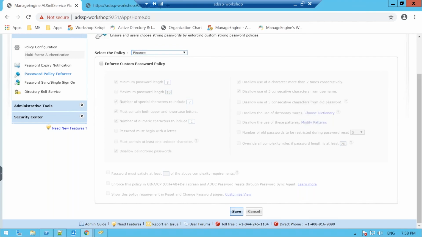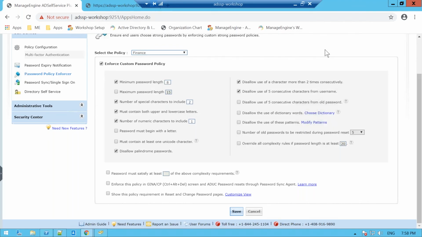I jump to the password policy enforcer listed on your screen. So configuration tab, self-service password policy enforcer. And here I have customized a custom granular password policy. So let's say I pick the OU Finance, check this box. I have a list of complexity rules that I can work with, all right? And as an administrator, I can customize different password policies for users belonging to different OUs and groups. I can selectively